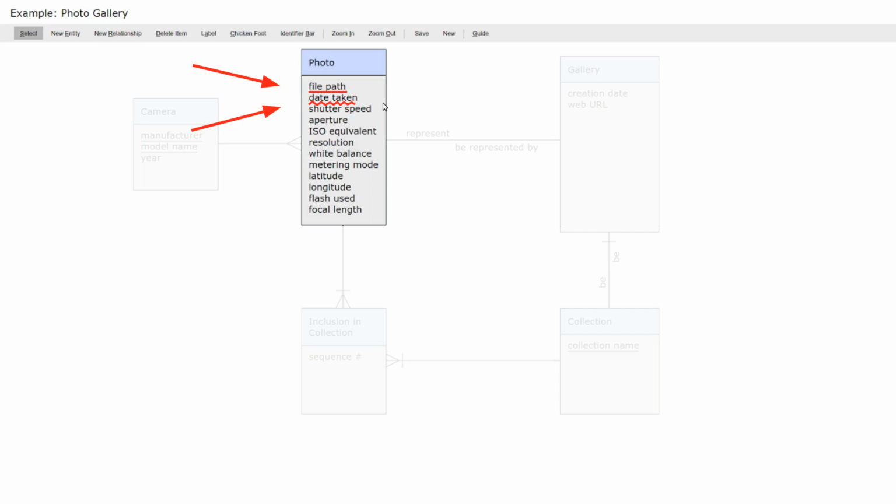So now we have 2 users who have declared 2 different identifiers. I'm not going to say which one is right. The point here is that this is a notation that can be used to capture user input so that we can have a conversation and find the answers to these questions.